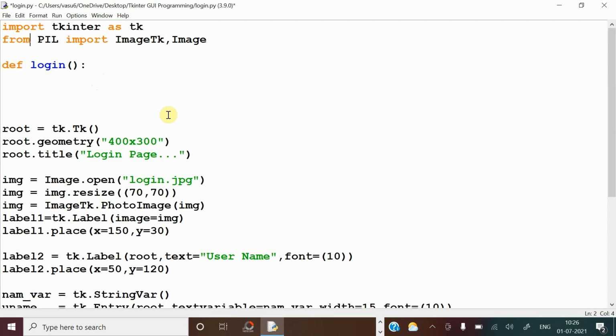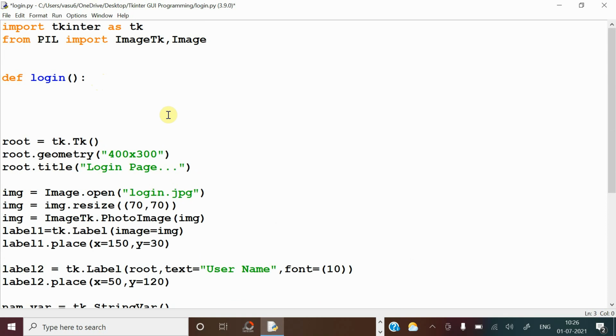At the top, import the message box, import tkinter messagebox. Here you can call the show info, messagebox dot showinfo.